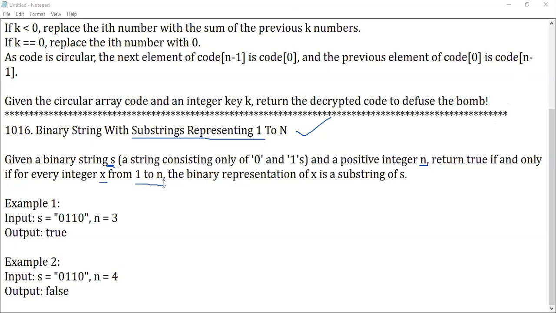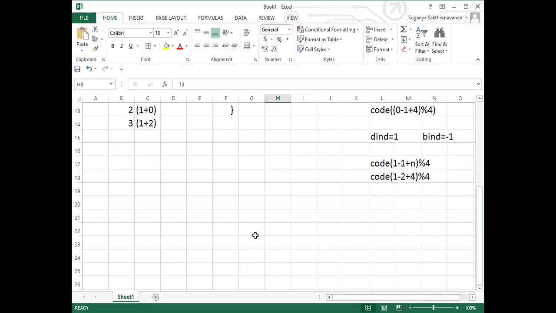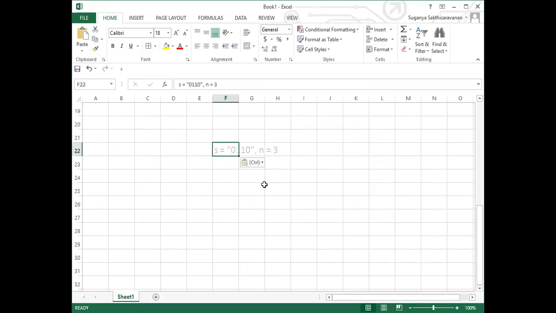Okay, just let me do one thing. Let me give the exact crisp of it. They're asking about substring. So let me do a few modifications. First, let me make it a very basic one. Then we can alter the program, guys. Listen here. Let me explain the scenario, what it is. So if it is given like this, what is the binary value of 3? What is the binary value of 3?